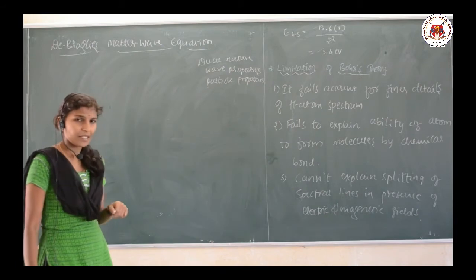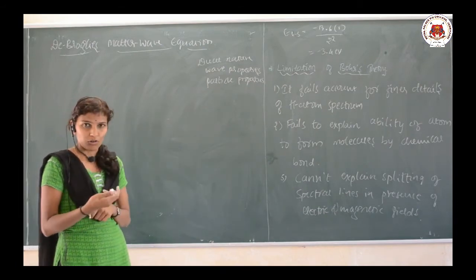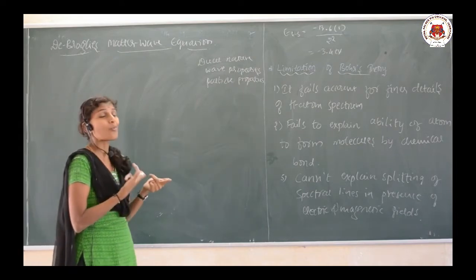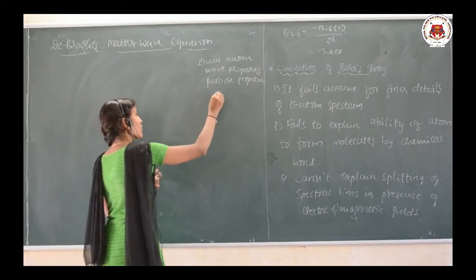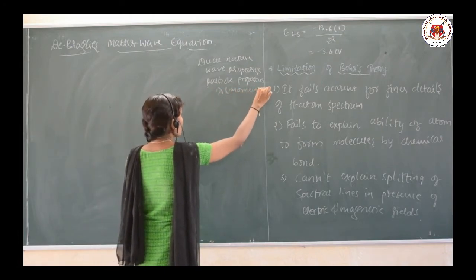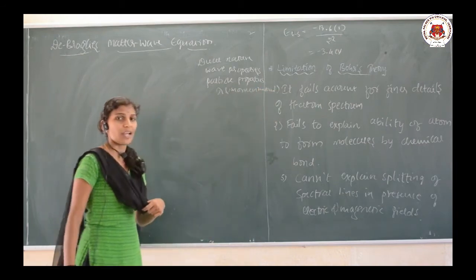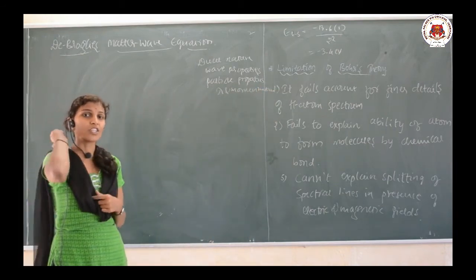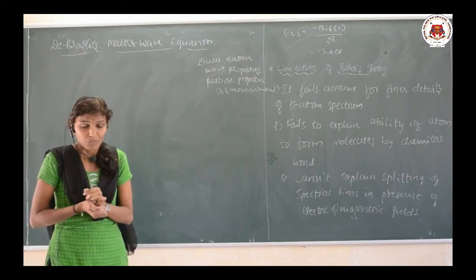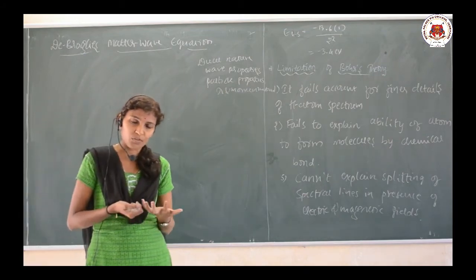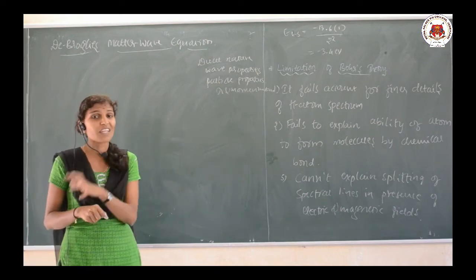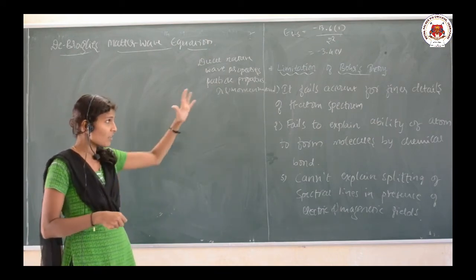Similarly, a moving electron or any moving particle also possesses dual nature. It is interconnected with the wavelength as well as its momentum. This interrelationship between momentum and wavelength was given by the scientist de Broglie. He said that an electron can possess both particle and wave nature, and there is an interconnection between the wavelength and the momentum.